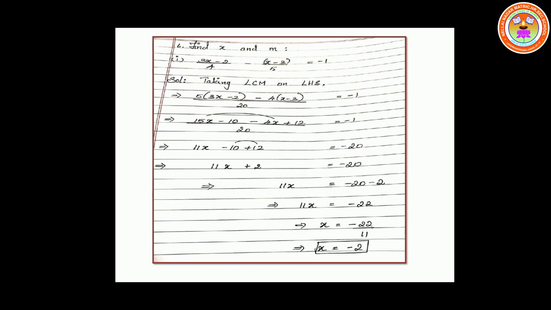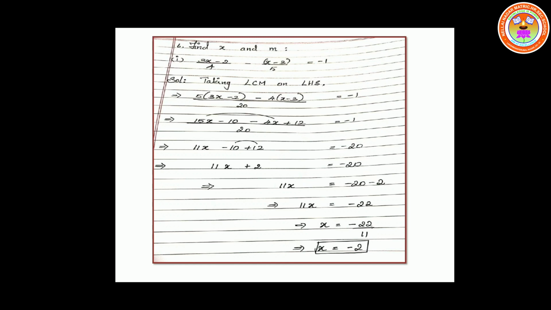So this is a different type of sum. On the left hand side, it is a fraction, and on my right hand side is just a constant term. So whenever there is a fraction, what will we do? We will find the LCM of the numbers. Yes, so taking LCM on the left hand side. So 4 and 5, what is the LCM? It is 20. So taking 20 as the LCM, in 4 tables 5 times 20 will come.